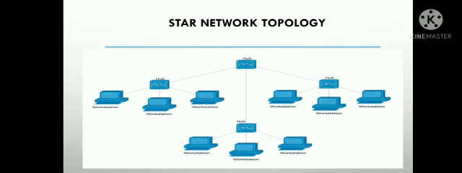Next point is star network topology. A star network is an implementation of the spoke-hub distribution paradigm in a computer network. And its working: in a star network, every host is connected to a central hub. In its simplest form, one central hub acts as a conduit to transfer messages. The star network is one of the most common computer network topologies.